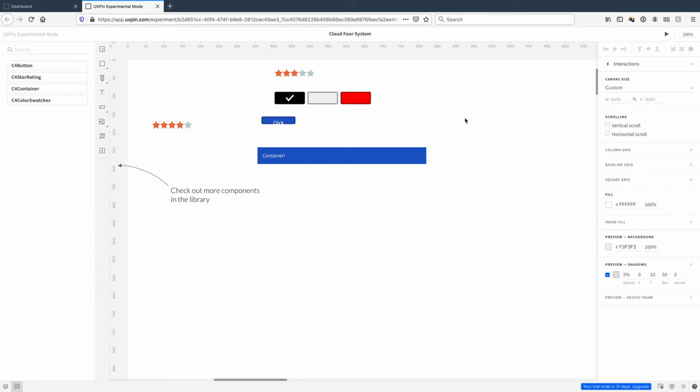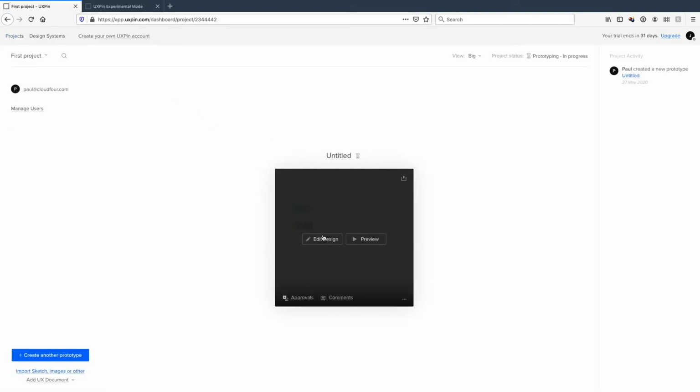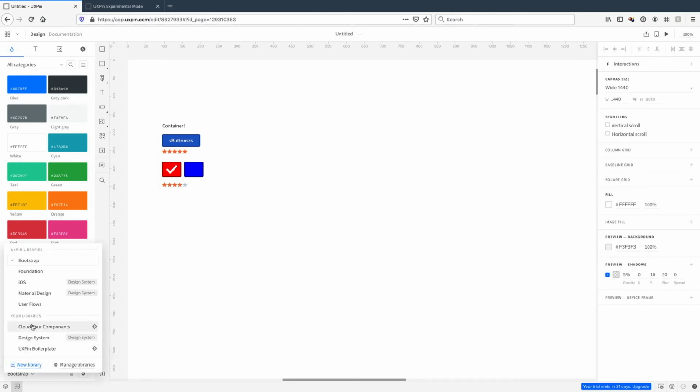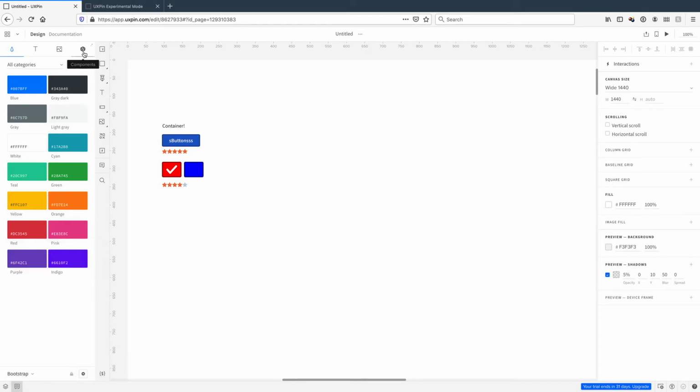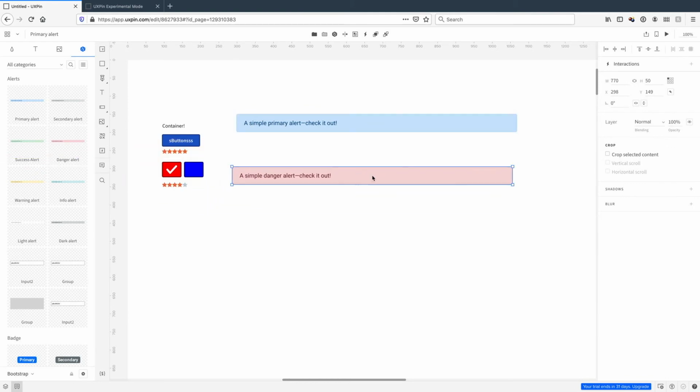Now, we can see the potential here in this system when we look at the overall, the live UXPin app. So if we go in and we edit a design, here again, we've managed in this case to push our general Cloud 4 components into the system, and that's why we can see these buttons and things of that nature. But you can also see that UXPin has these additional libraries. And if we look at, for example, the Bootstrap library and look at the components that are available to us, we can see how easy it is to bring those items into the design and then adjust the size of them or make designs, basically create whatever we want.